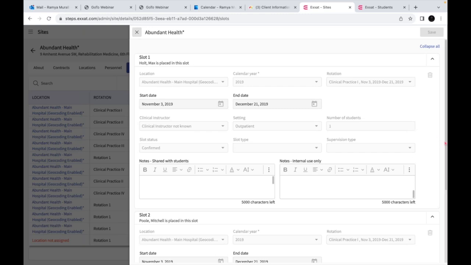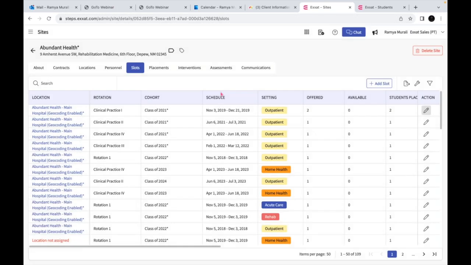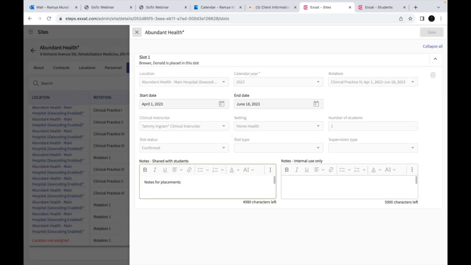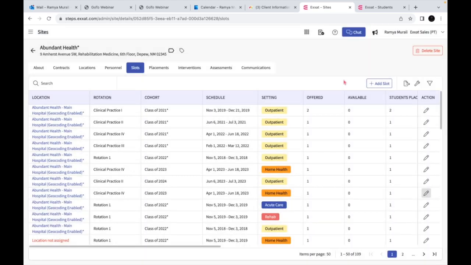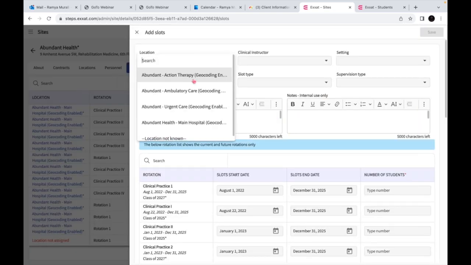So you have a lot of options available here to change the start date and end date and things like that. Just click on this edit pen to make modifications to the slots. And in the same way, if you want to add a slot, you can just click on this add button. And as soon as you click on this, you will be able to choose the location here. So that's the best part of this feature, where if you want to add a slot at a particular location,